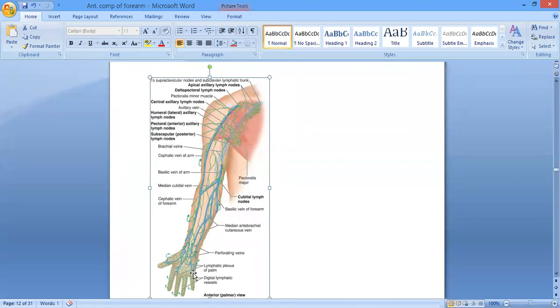Whereas the others coming from the medial aspect of the hand and the medial aspect of the forearm, some of them are going to drain into the supratrochlear group of the lymph nodes, and the rest of them are going to drain into the lateral group of the lymph nodes. याद है जी, lateral group of the lymph nodes कहाँ पे पड़े होते हैं जी? What is the location of the lateral group of the axillary lymph nodes जी? Anybody?